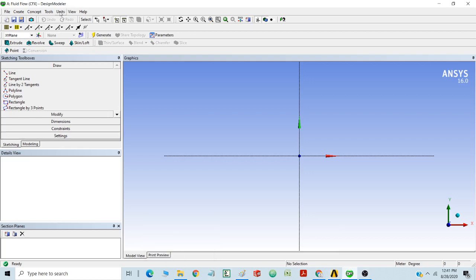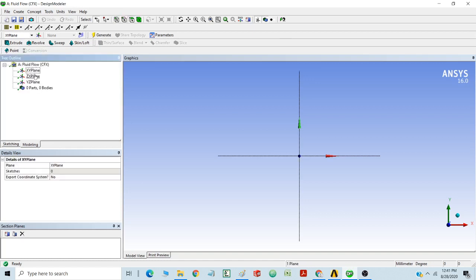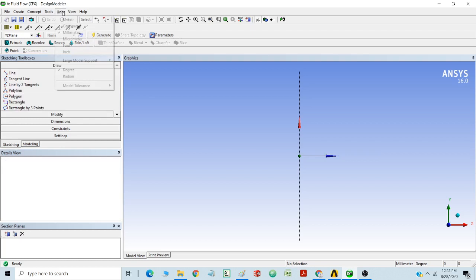The first step is to click the unit, that is millimeter, and then in this draw panel, I will select the axis plane first. So I am selecting XY plane. Better would be to have an XY plane here, or instead of that, if you want to have a flow in X direction, the best thing is to select a YZ plane. So I am going to select the YZ plane, and then I am going to click this sketching tab here. Okay, and I will recheck whether the unit is millimeter or not.